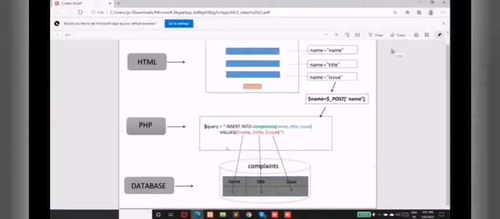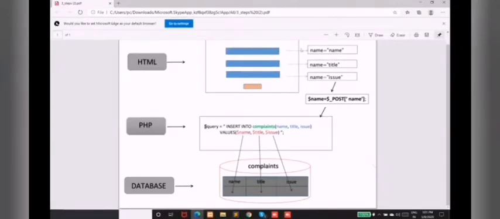To insert that, first of all, we need a form. Second, we need a database. And in the database, we need specific types of tables. The table contains name, title, and issue.